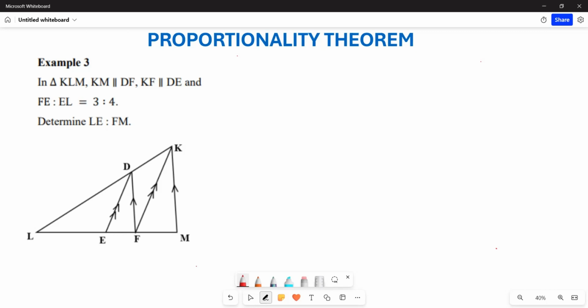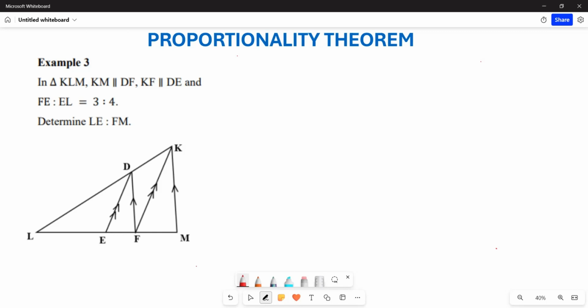What I want us to look at today is our proportionality theorem, and examine our example 3. They are saying in triangle KLM, your KM is parallel to DF and also your KF is parallel to DE. I think that one is already indicated in our diagram. What is important to note is that they say FE